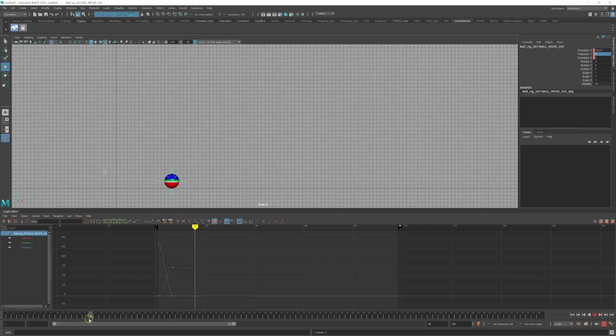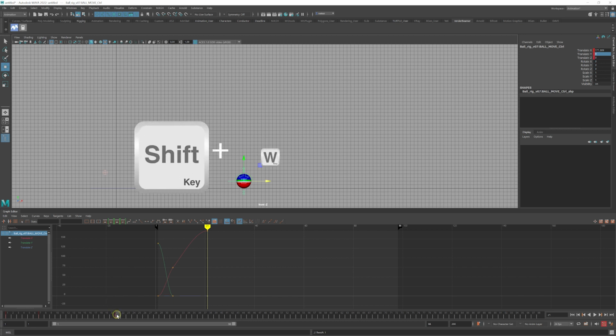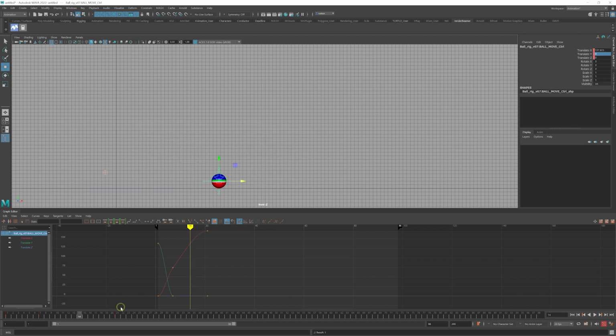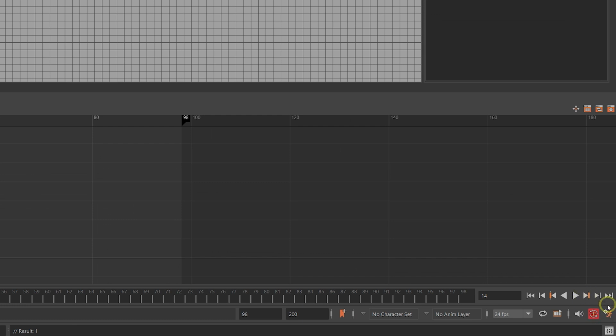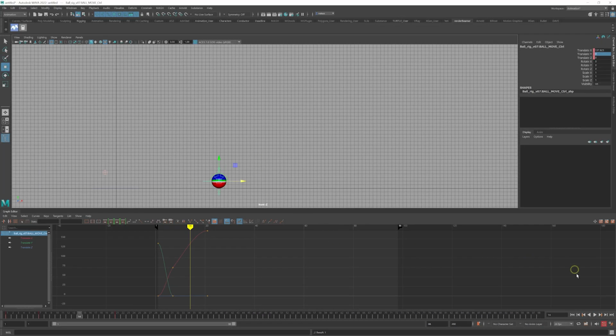And then we're going to go to frame sort of 21 really. So I'm just going to eyeball this. I'm going to move it, say something like this, and then I'm going to go back. I'm going to hit Shift W to make sure that we've got a key selected, or make sure you've got your auto key selected here, so that it will hopefully just automatically key any value changes. So I'm going to go to midway, which is sort of 14, and I'm going to bring this up to something like this, and you can already see down here